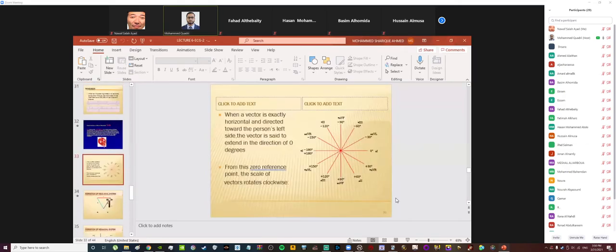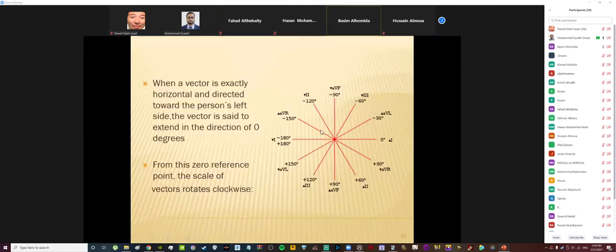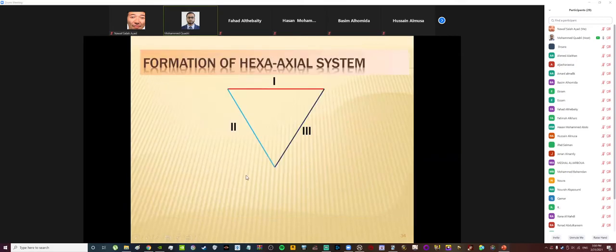Okay, you talked about the hexaaxial system, isn't it? Yes. I told you that we are drawing the 6 axes in the circle to measure the angulation of the axis in the heart. I told you why we call it the hexaaxial system, and from where these axes are drawn. These axes come from the 6 limb leads. There are 3 bipolar limb leads, lead 1, lead 2, and lead 3. They form the triangle around the heart, which is known as Einthoven's triangle. And if you break this triangle to meet in the center,